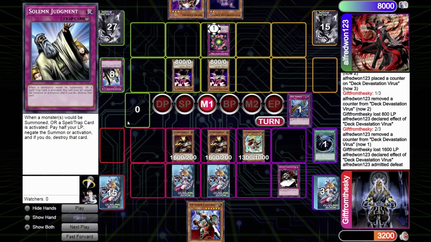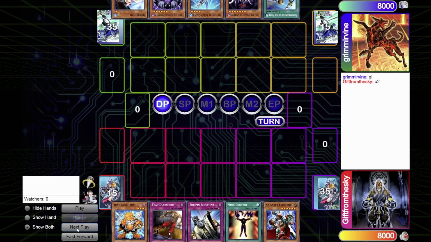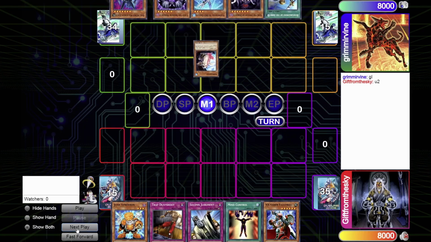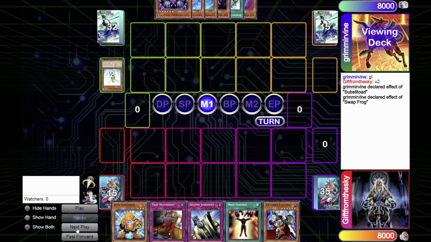That's going to be the last meta deck coverage I want to show you guys to see how this deck works. So I'm going to be playing off against Hero Frogs. They're going to be opening up a Substitute combo along with the Reinforcements of the Army. They're going to start off with Substitute, I believe, and going to the Swap Frog. The Swap Frog is going to be able to dump the Treeborn Frog, and then they're going to bounce back